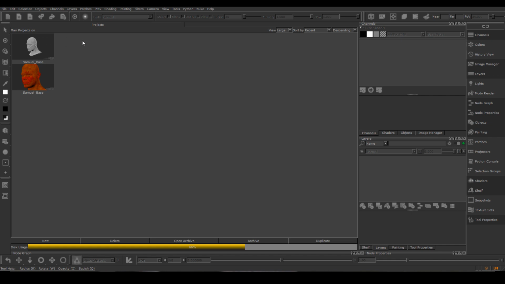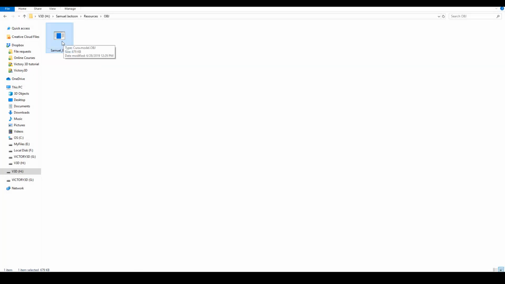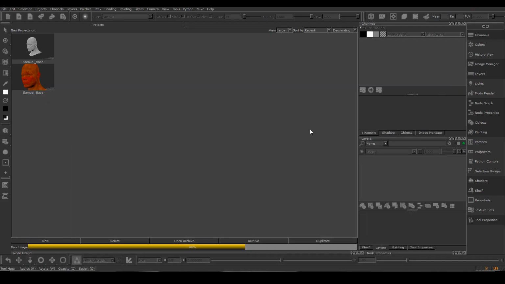Okay, so when you first open Mari, you're going to see a default project there. You could use that to navigate and play around with it, but we're actually going to be using our own OBJ file. I have included an OBJ file for you guys in the resource area. It's called SAML_base. This is the mesh that we're going to be practicing on. If you already have an OBJ file that you want to put inside Mari, you could also use that. If you've modeled something in 3ds Max or Maya, you could just export as an OBJ and import it here in this program. So let's go to File, go to New,